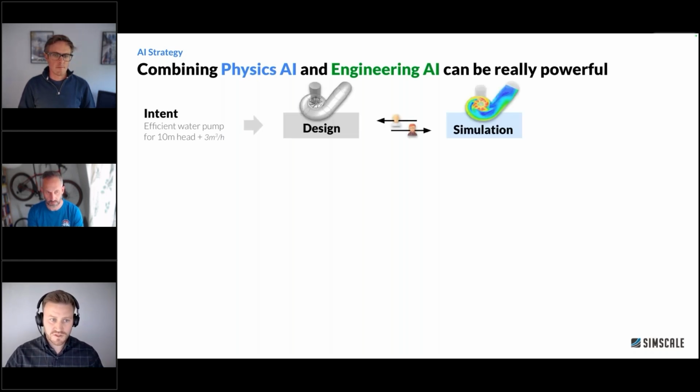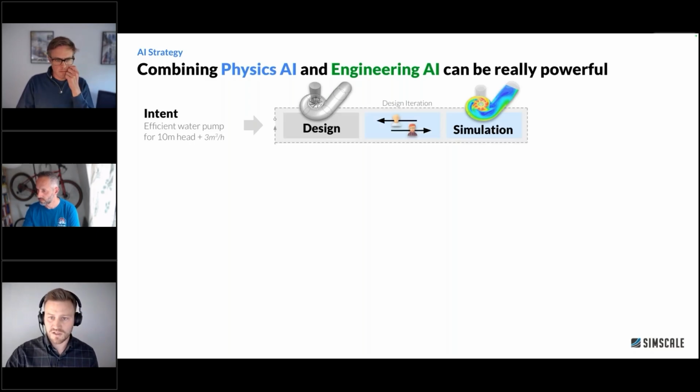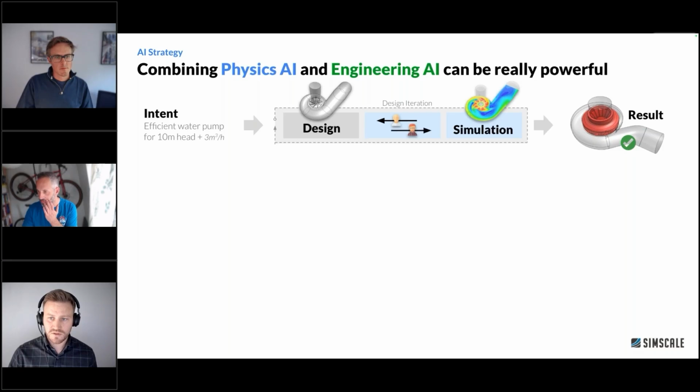So in a traditional simulation process where you have a design intent, the designer will create new designs, they'll be passed over to the simulation team, and you have time to do some iterations and create a result. But in SimScale, we have a vision that this isn't going to be how engineers are going to work in the near future.